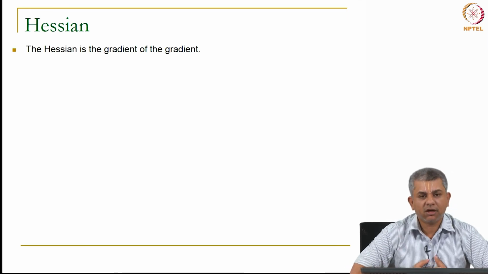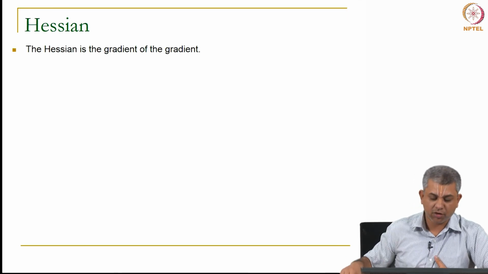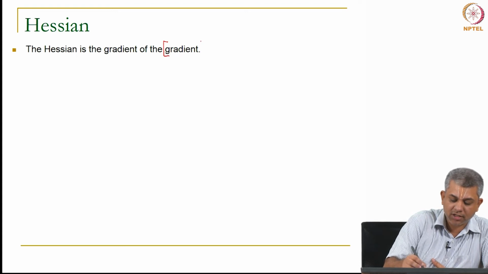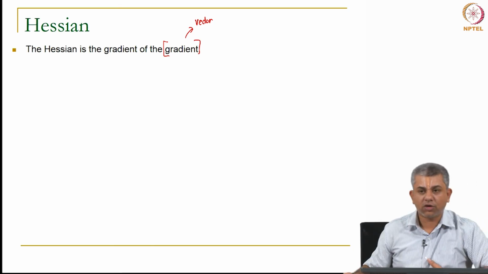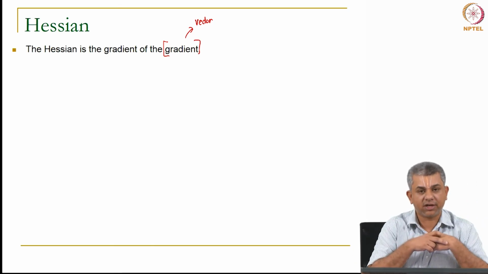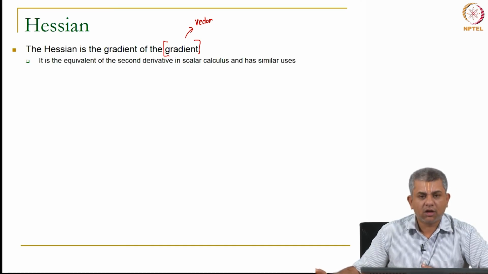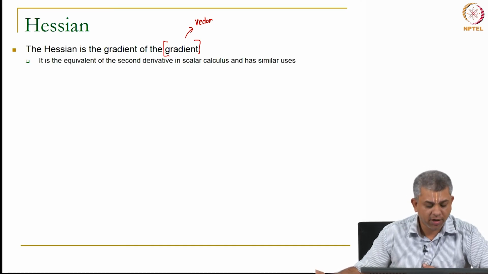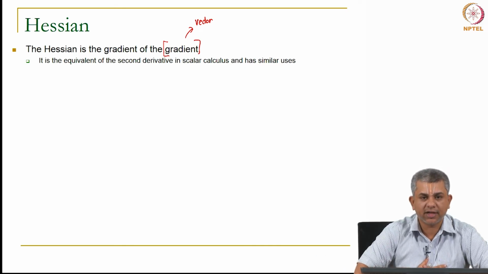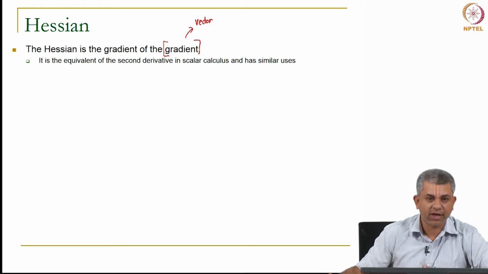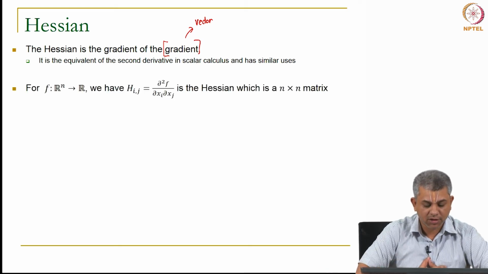This is basically the gradient of the gradient. So, now remember, we will see this once again in the next slide. The gradient is a vector. Now, you are trying to find out how much does this vector change, as you move in space. Now, why would we use some such complicated quantity? Because it is the equivalent of the second derivative in scalar calculus. So, all the uses that we had for second derivative, like finding out whether something is a maximum or a minimum, all those uses also pass on to the Hessian, as we will see in some of the videos in